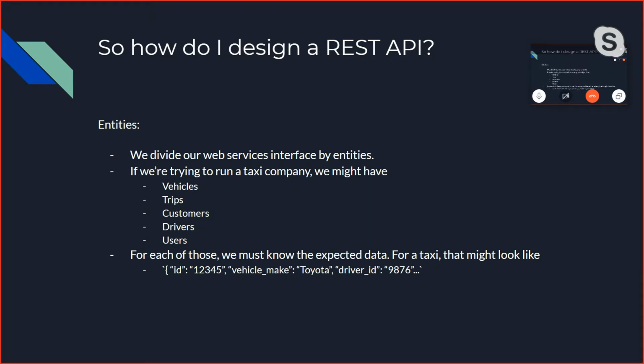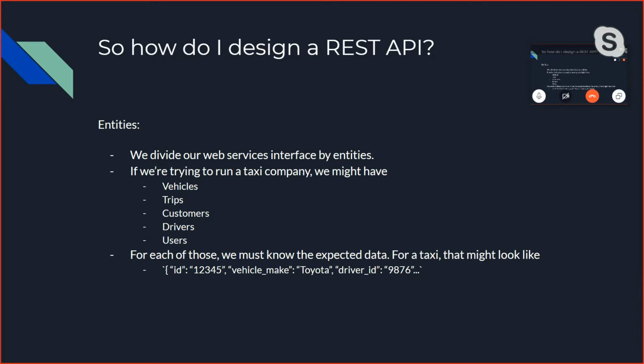It's also important to think about entities. So now we know the basic call and response, request response cycle. Now, as I'm designing my REST API, I want to think about what information the client is accessing. So let's think about a taxi company. I'm creating a mobile app that I use to manage a fleet of taxis or a fleet of ride shares like Uber. If I am building a database or building a set of information, I might have entities like vehicles,